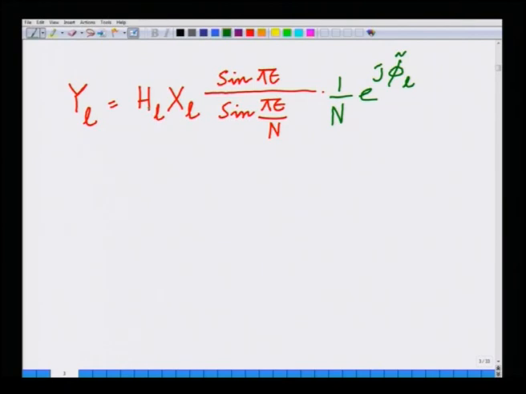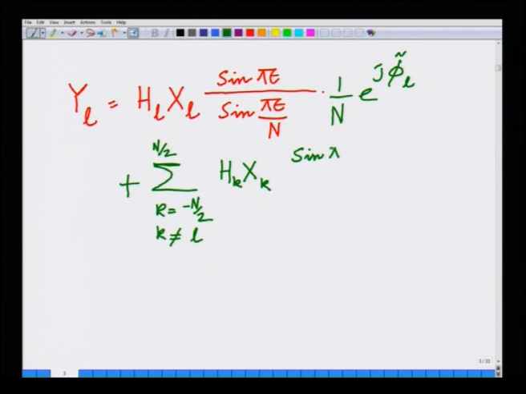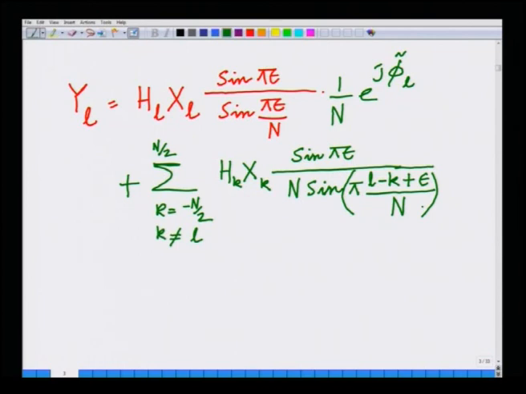This is h_l x_l, the same thing as we had before, plus what we have here is the summation over k equals minus n by 2 to n by 2, k not equal to l, of h_k x_k, sin pi epsilon divided by n sin pi (l minus k plus epsilon) divided by n, into e power j